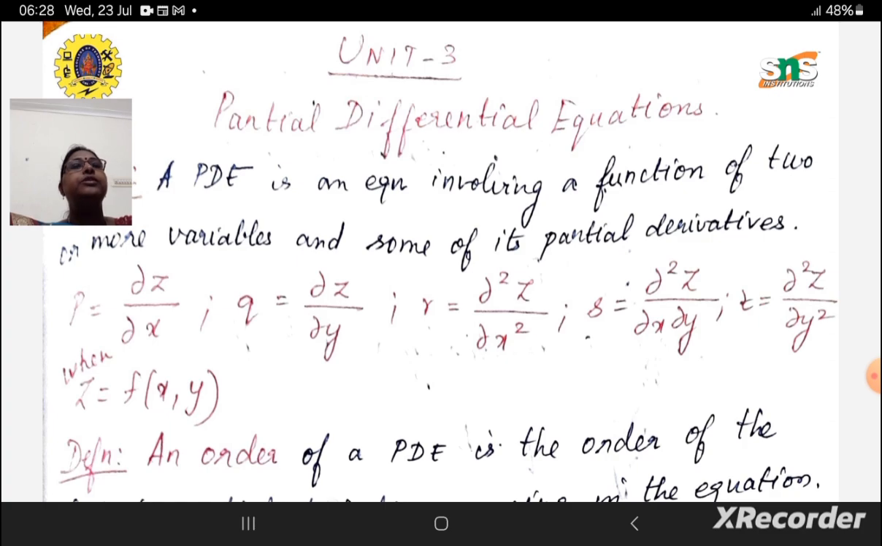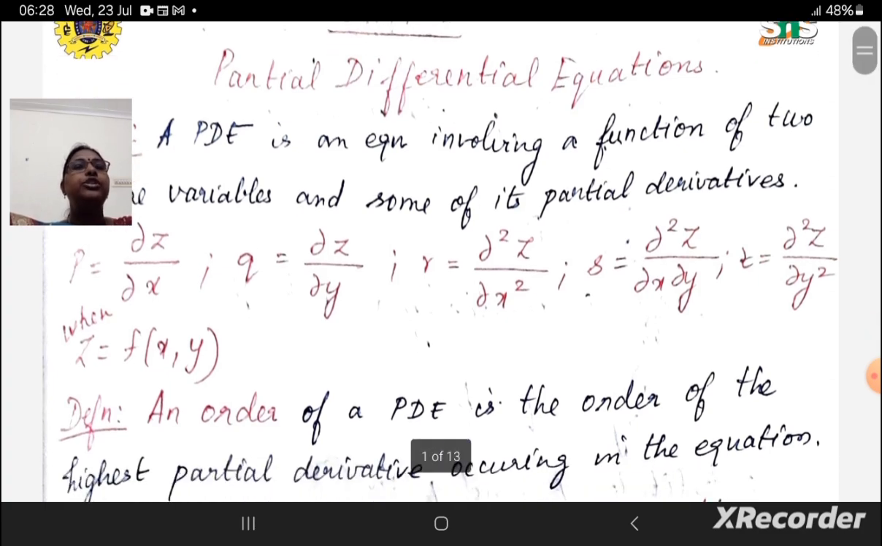Today we are going to discuss partial differential equations. So, how to form a partial differential equation. A partial differential equation is an equation involving a function of two or more variables and some of its partial